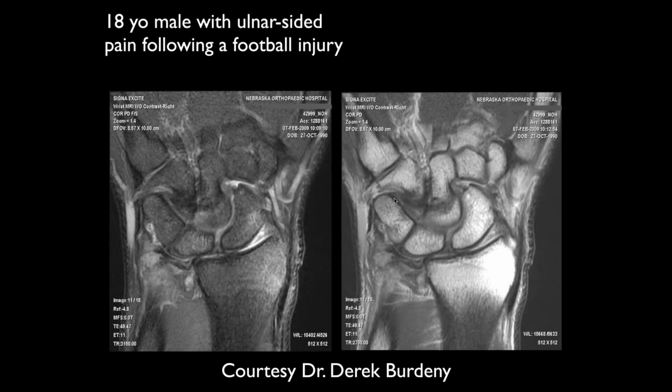Okay. Ashley, what do you think of this one? Sorry, muted. Okay, 18-year-old male with ulnar-sided pain following a football injury. Looking at that PD fat set imaging on the left, it looks like there's some marrow edema of the scaphoid, or I don't know if that's coil artifact, but it looks like there's some marrow edema of the scaphoid in the distal radius. And then there's